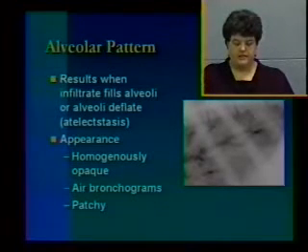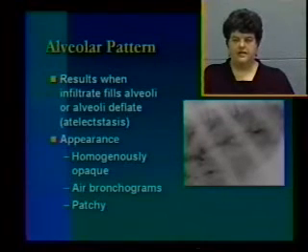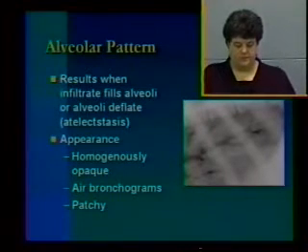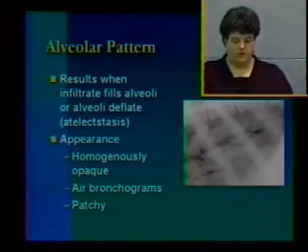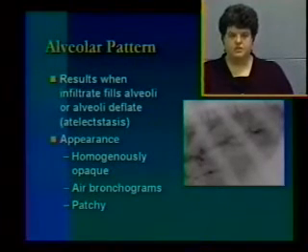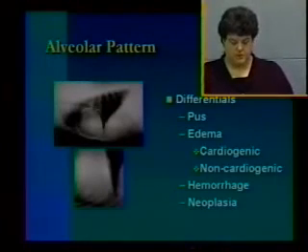This is an alveolar pattern in this inset, and what you can see is that there are tubular black structures, which represent the bronchi, coursing through a lung that's too opaque. What we can't see in this image is any vessels, which means that this is not an interstitial pattern and has crossed over into an alveolar pattern. So characteristically, it's going to be a homogeneously opaque area with air bronchograms, as they're called. It can occur in a patchy distribution, and thus the distribution is what's going to help you sort out the